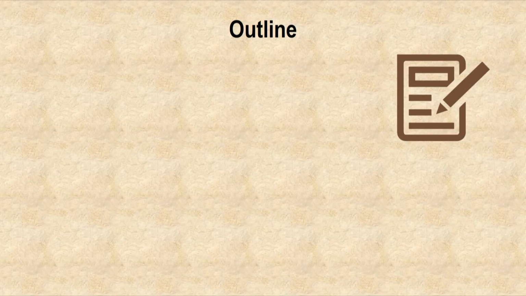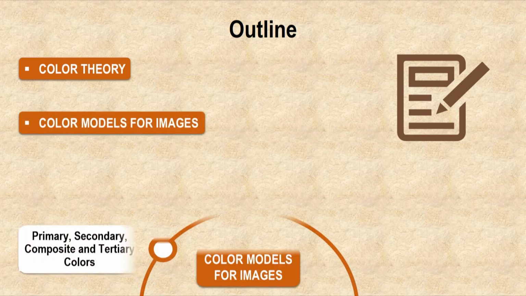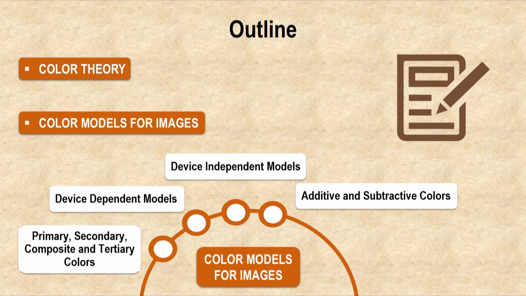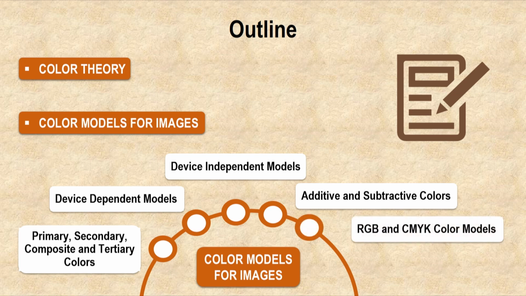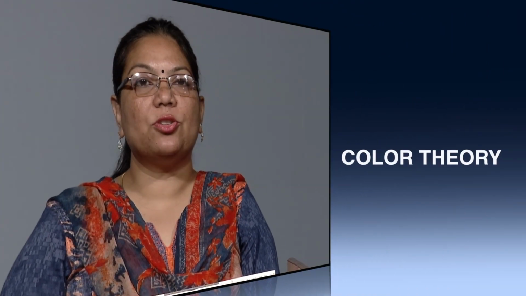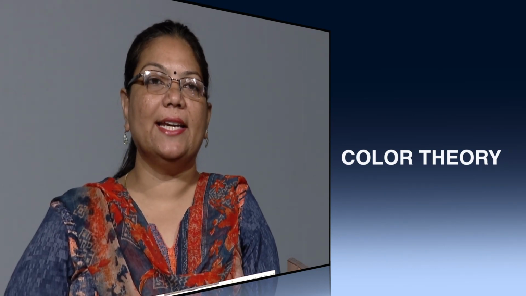Outline of the contents to be covered in this topic are color theory, color models for images, additional contents like primary, secondary, composite and tertiary colors, device dependent and device independent color models, additive and subtractive colors, RGB and CMYK color models and certain limitations of RGB and CMYK color model. So, let us see first of all what is this color theory that is needed for designing any kind of